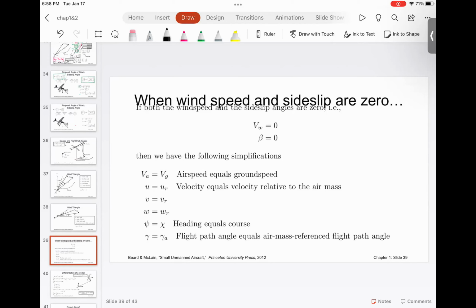So in this chapter, what I need you to understand is what are the different frames, how those frames are defined, what do we mean by different aircraft angles, what is the relationship between the ground speed, air speed, and wind speed. I'm not going to ask you to derive these expressions, but trust me that in the next class,